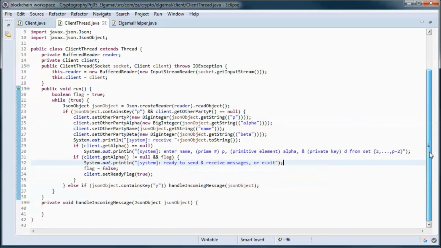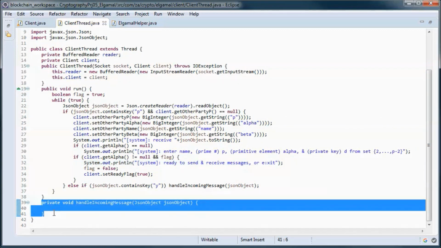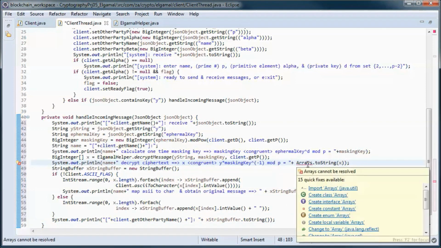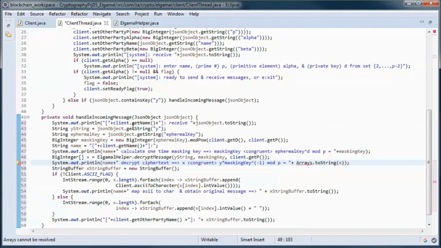And this method that handles incoming messages ends up calling the decrypt message, this static method.